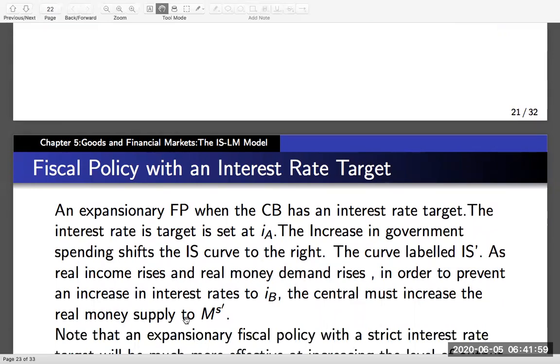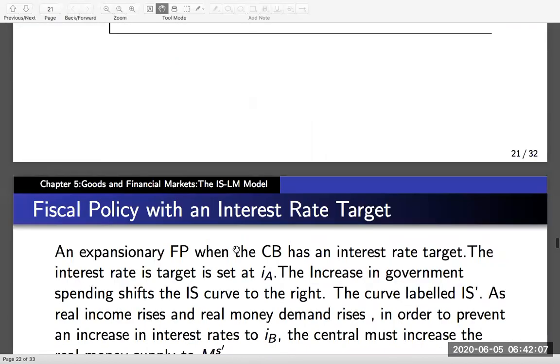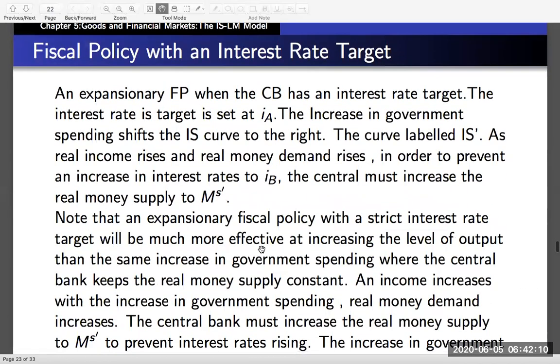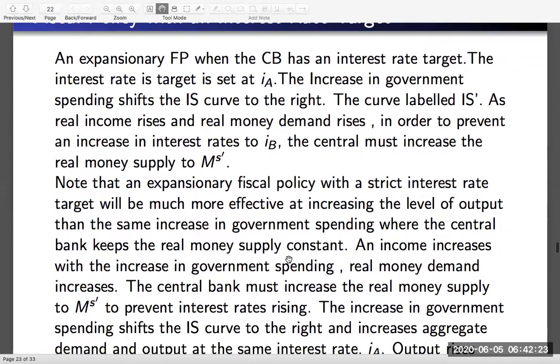In order to prevent an increase in the interest rate to iB, in this graph, if you want to stop it going there, what will happen? The central bank must increase the real money supply to that. Note that an expansionary fiscal policy with a strict interest rate target will be much more effective in increasing the level of output than the same increase in government spending when the central bank keeps the real money